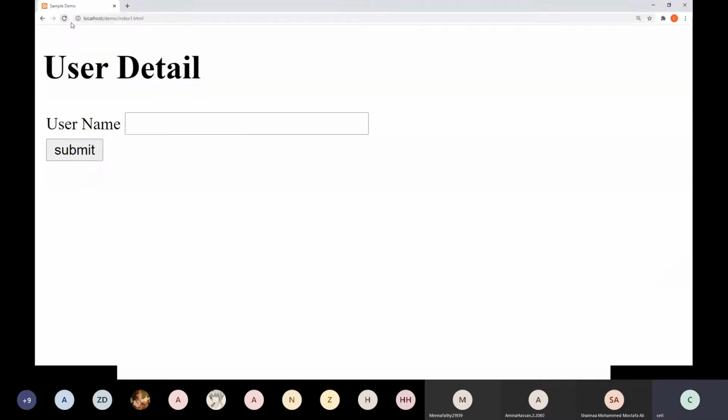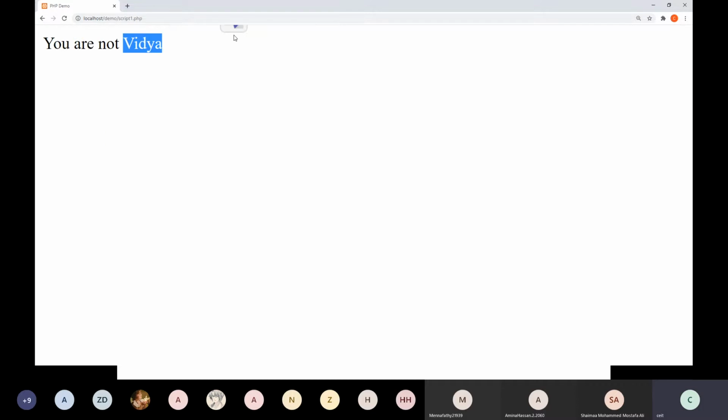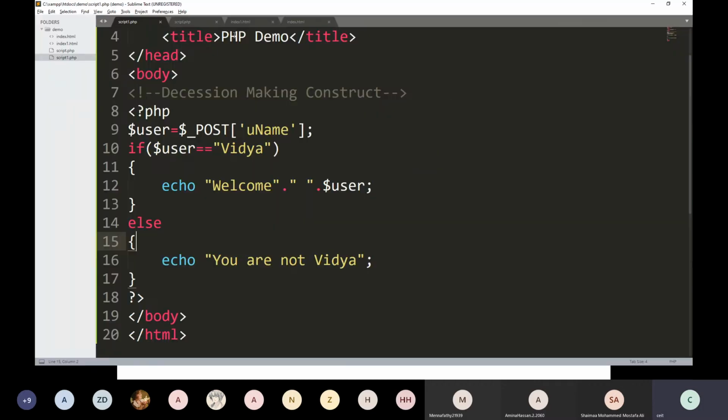Now you can see when I write here and click submit, it shows welcome Vidya because this matches with the if else. If I write any other name, it shows you are not Vidya. Like this, you can interact with the HTML page and your branching statement.